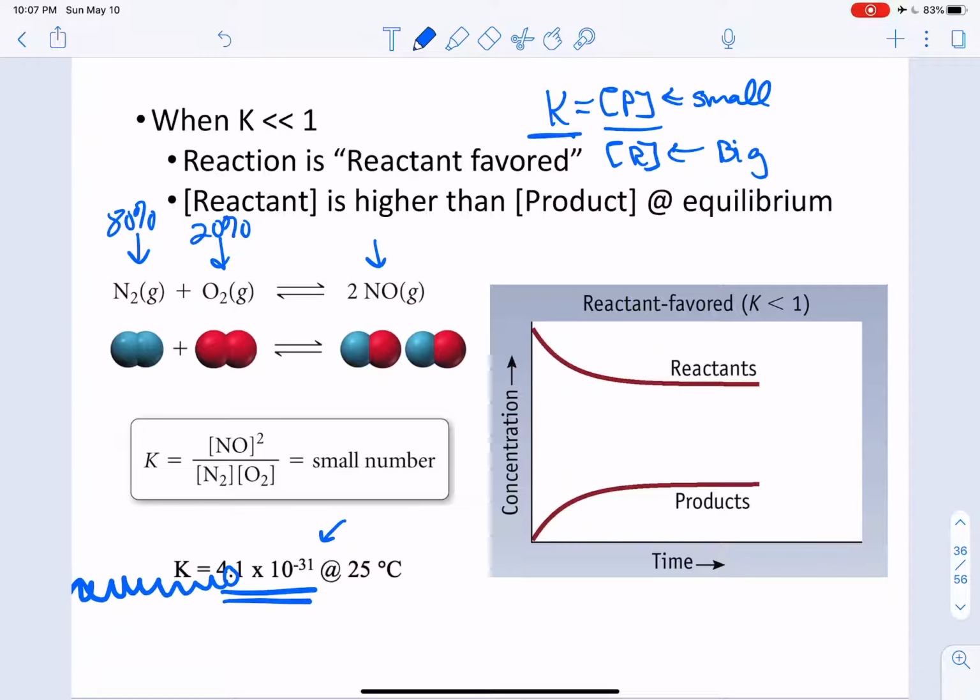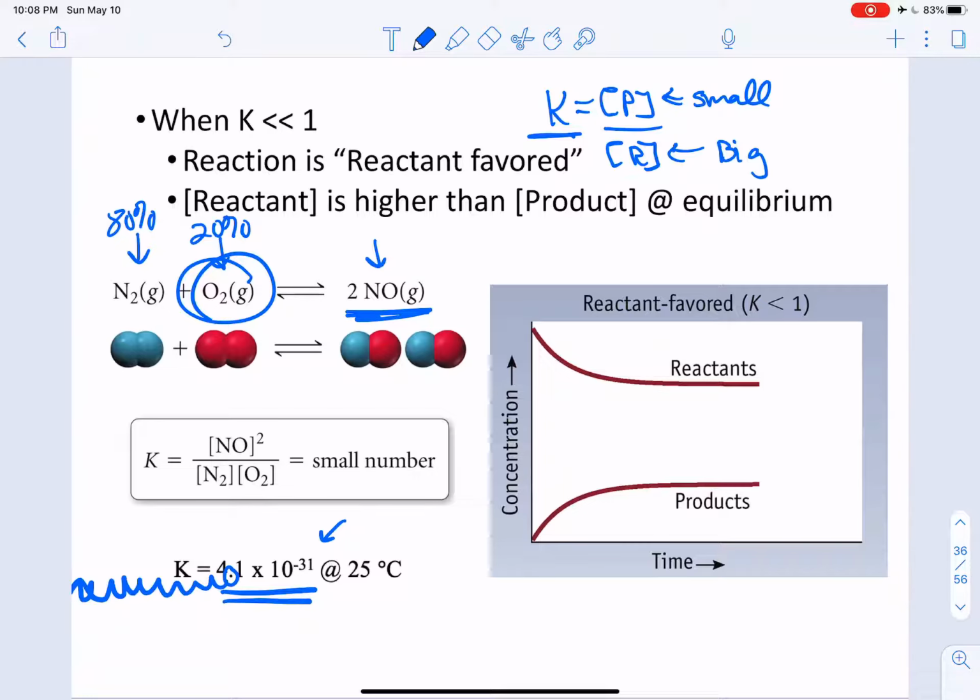And if we had a large K for this reaction, meaning this reaction was product favored, the nitrogen gas and the oxygen gas would find each other and happily react and form NO, which we don't want to breathe in because we need oxygen to live. So we're very happy that this reaction has a very small K because we like to breathe. So what this looks like